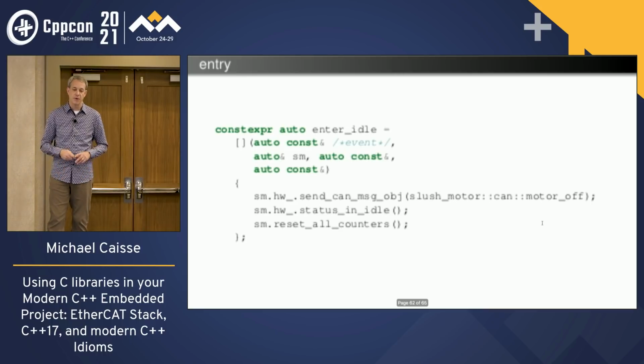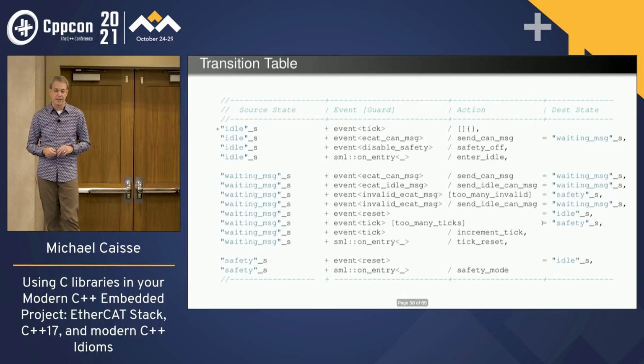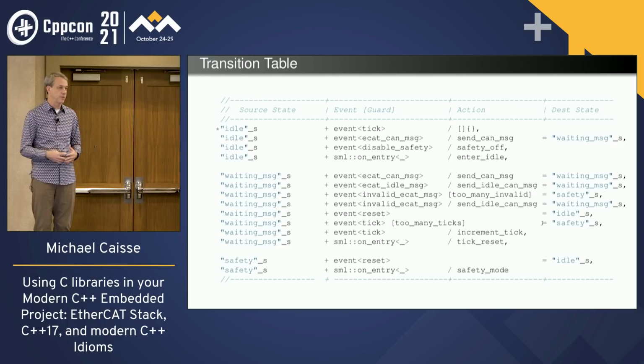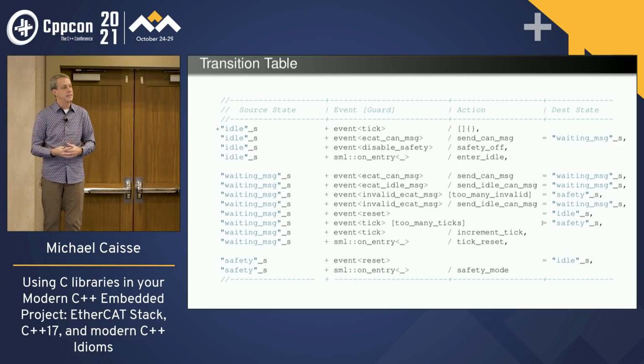So how we write that is something like this. Enter idle would be our transition. And you can see all of these things in the table are set up in such a way that I can just say, you can see the waiting message. The very last line for waiting message is an on entry. There's going to be an on entry method for that. And there's an on entry for safety. There's also an on entry for the idle. And then I can set that state back up into things that need to happen that might be important for that.